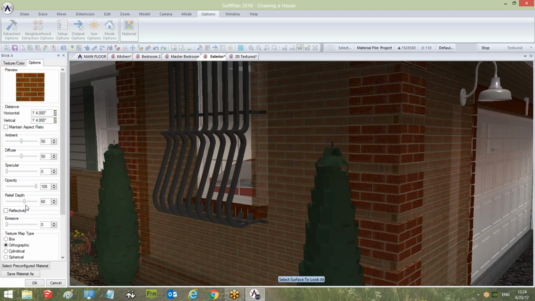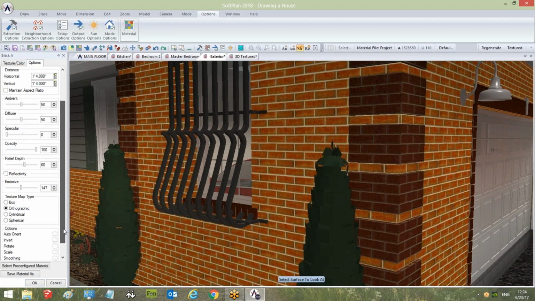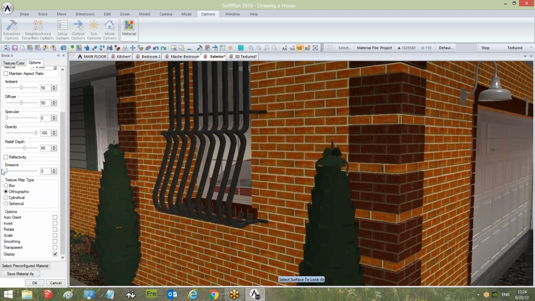And then we've already been playing with the relief depth a bit. So again, it's that illusion of depth and the reflectivity here. The brick itself here, you may not want it to be reflective at all, so we can keep that unchecked. And then finally the emissive, so whether it's going to appear like it's emitting light, that's what this value here is for. And then there's a few options at the very bottom. The texture map type,